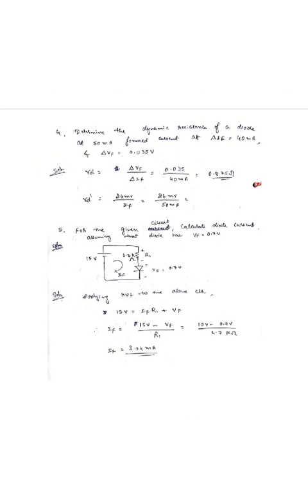Next, determine the dynamic resistance of a diode at 50 milliamp forward current. IF is equal to 40 milliamp and del VF is equal to 0.035 volt. So RD, we know the formula, del VF by del IF. Just substitute the value of del VF and del IF, you will get the value. Same way, RD dash, you have a formula 26 millivolt divided by IF, substitute the value, you will get